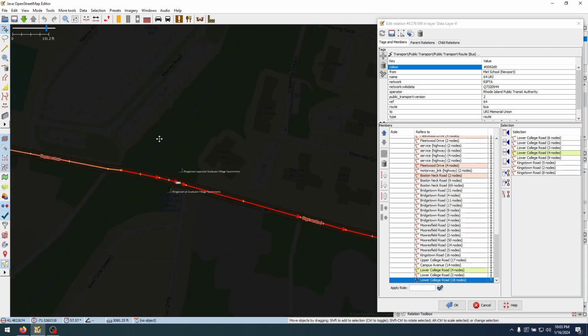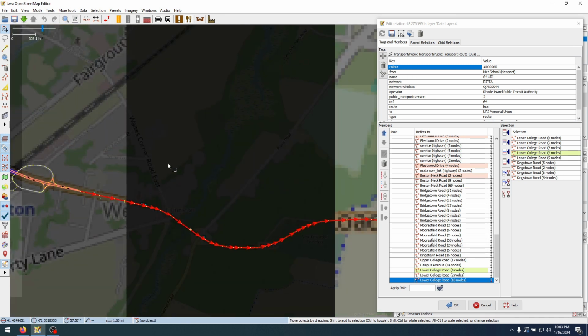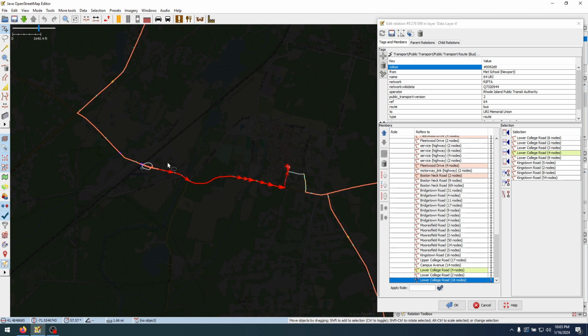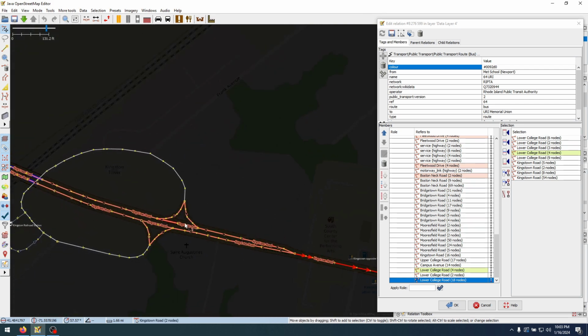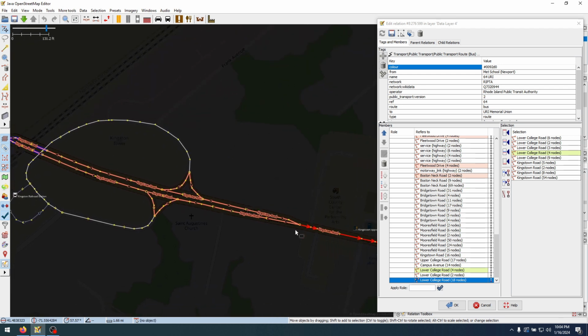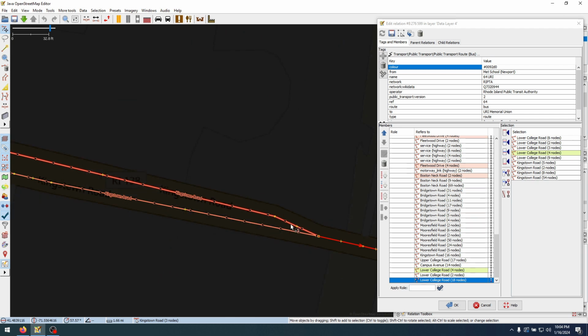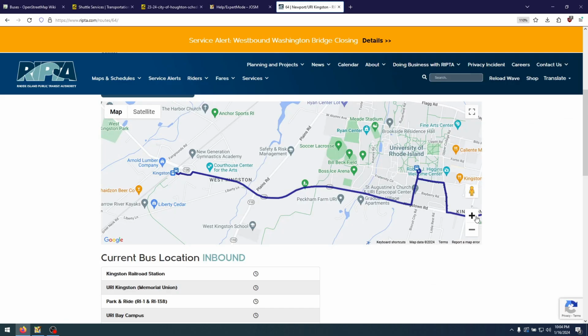Just gonna make sure we click that properly. And there we go. We want to get off the highway and turn around into here. It might be right there. I just want to verify